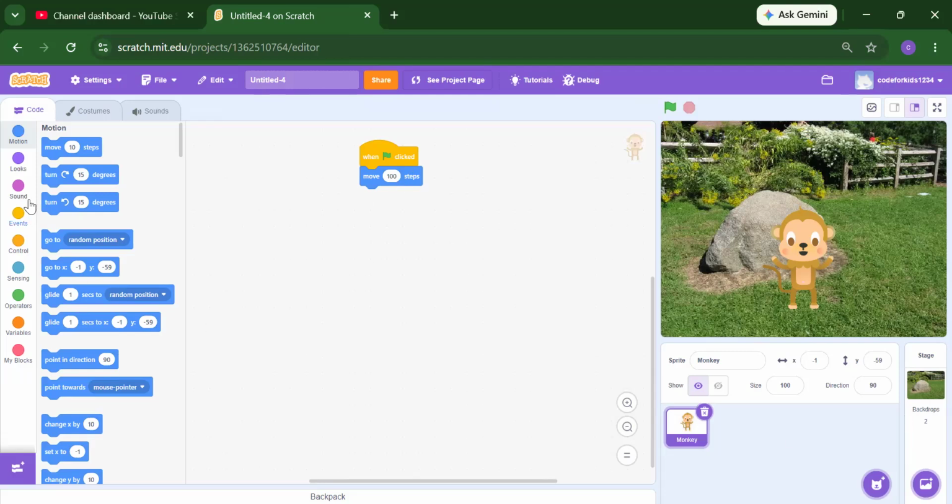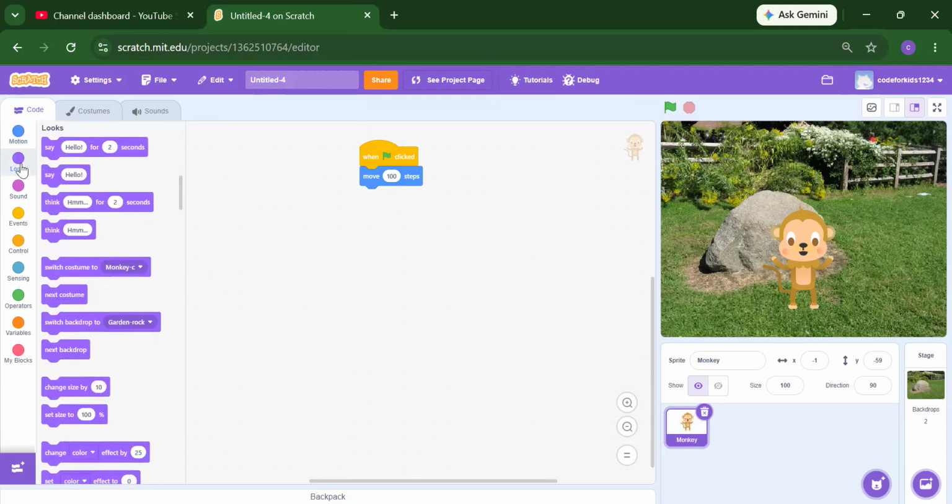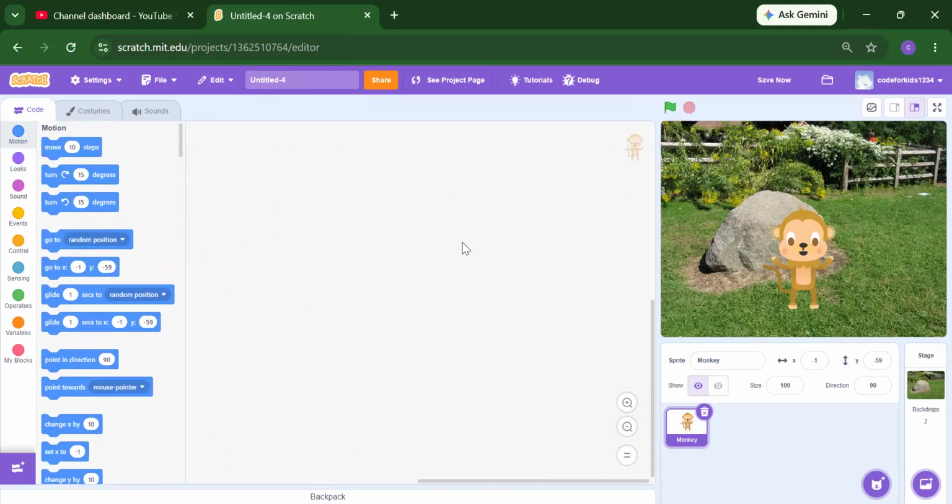Okay. Today we are going to explore these two blocks, which are motion and looks. Are you ready to get started? It's very simple. Motion is what you use if you want to move your sprite. For example, we have a cat, and I want to move this cat. Or this is a monkey, and I want to move the monkey from here to here, anywhere. Motion means if you want to move any character from one place to another place, for that we will require